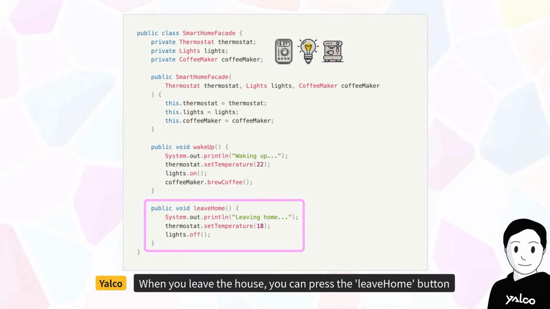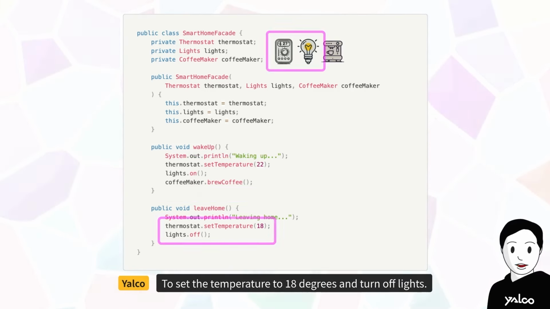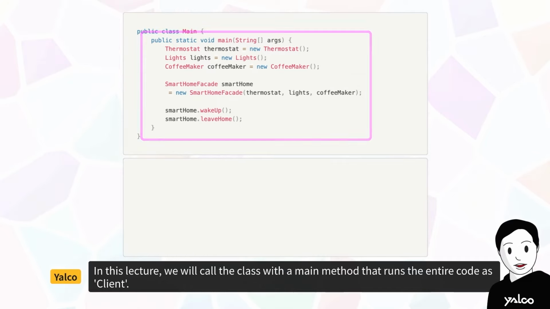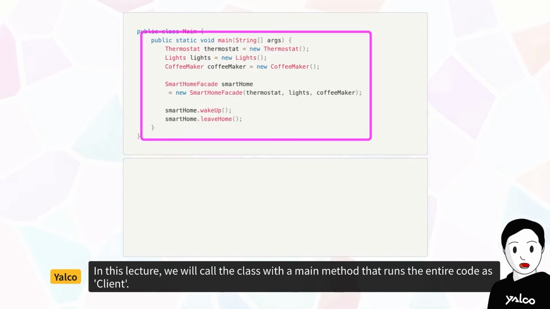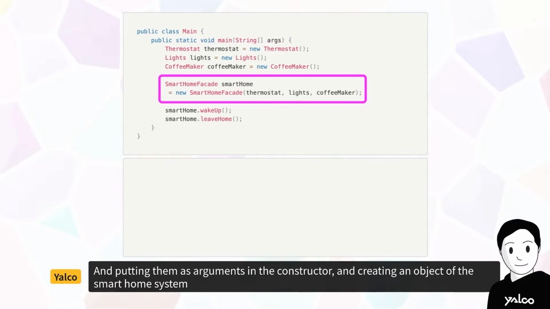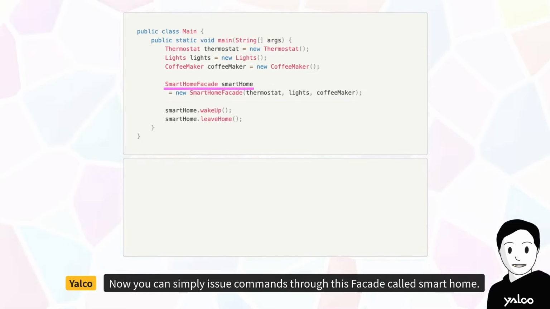When you leave the house, you can press the Leave Home button to set the temperature to 18 degrees and turn off lights. Shall we take a look at the code of the main method, the execution part? In this lecture, we will call the class with a main method that runs the entire code as client. After creating objects of the temperature control device, lights, and coffee machine like this, and putting them as arguments in the constructor and creating an object of the smart home system, now you can simply issue commands through this facade